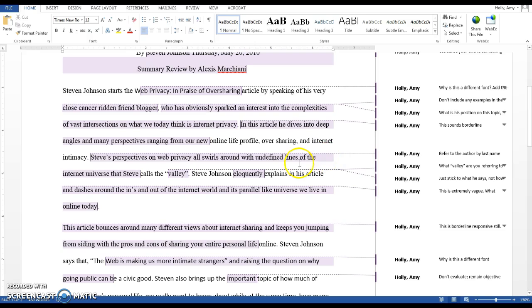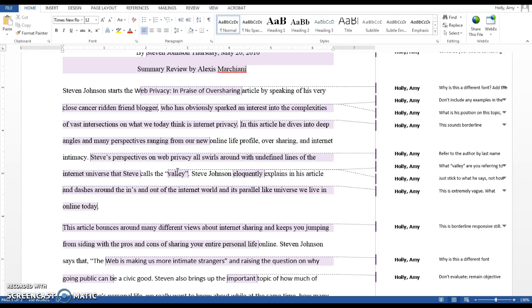And then going back to this sentence here, you say the valley. I think you're referring to the valley of intimate strangers, but just pulling it out as the valley is not really representative of what he's saying. It's almost distorting the quote a little bit by just pulling this one word out of context. But regardless of that, even if you had said the valley of intimate strangers here, I'm not sure that wording would really make sense to someone who hasn't read the article. Just explain to me in your own words what he means by that. What does he mean by the Valley of Intimate Strangers?